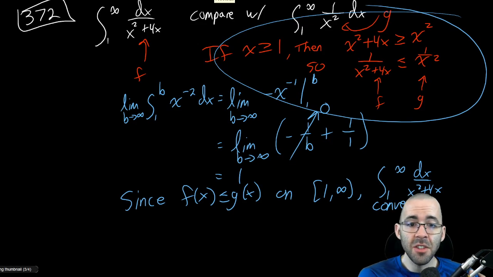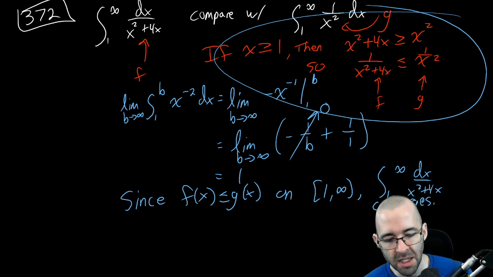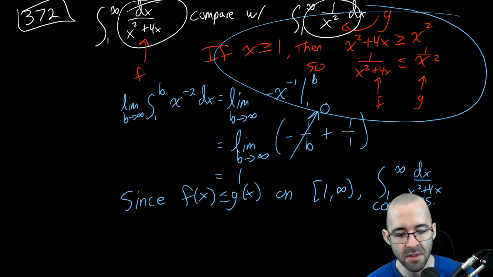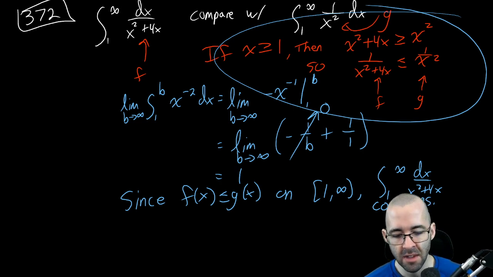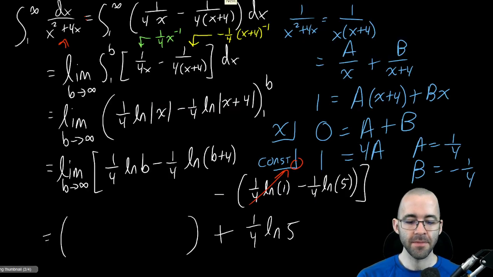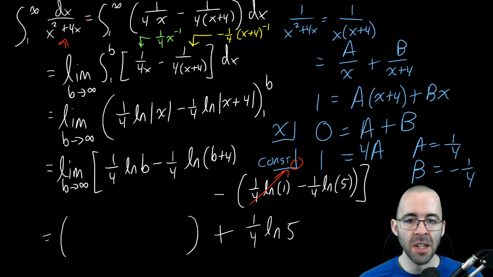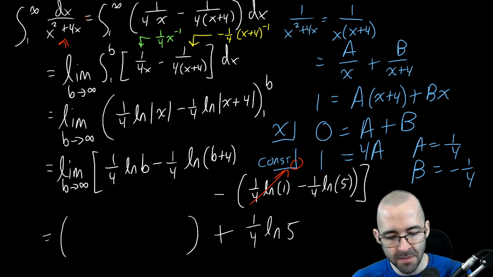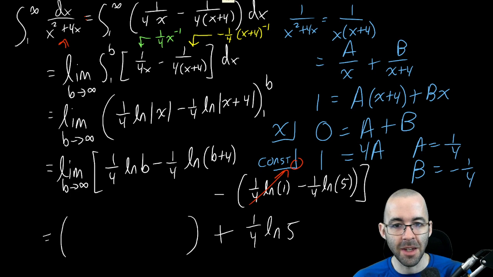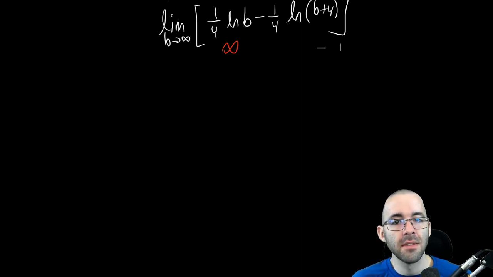Also, not only do we know it converges, we know it has to be smaller than 1, because this function is smaller than that function, and the area under that function is exactly 1. So we know about what to expect from our answer here. So let's find out what that limit equals, fill in the blank, and then finish the problem. I actually think I know what this limit equals. I think it's 0. But we'll see. So natural log goes to infinity